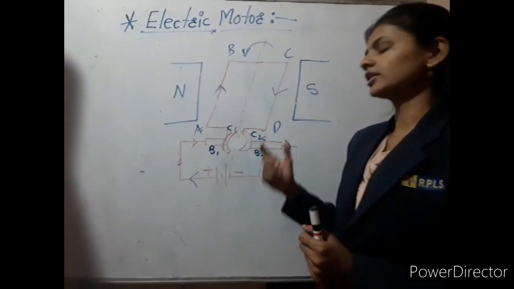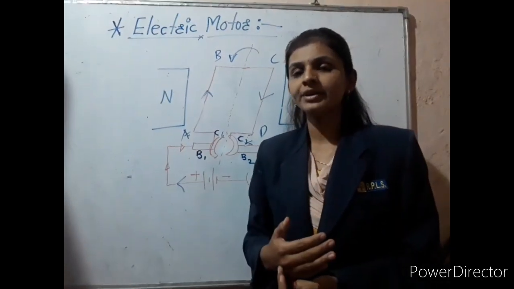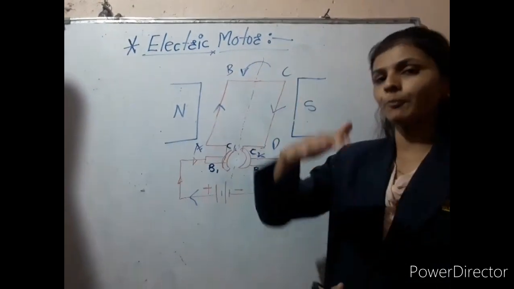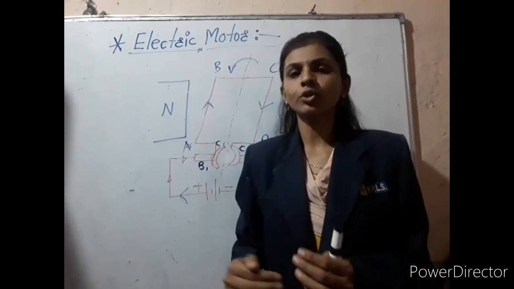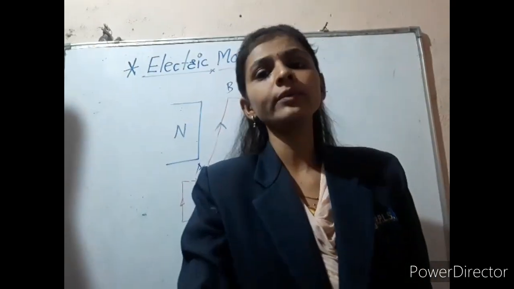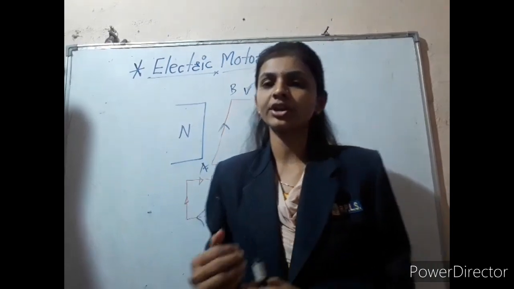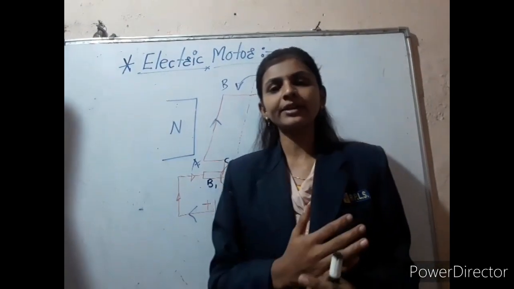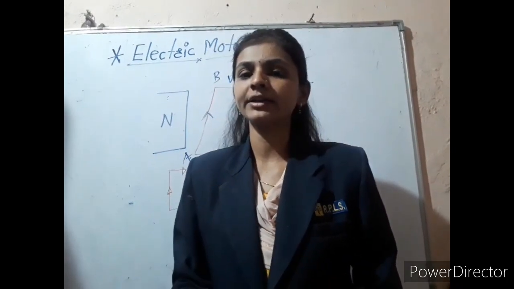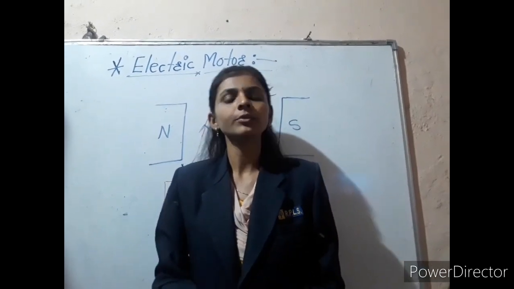So here the current is going to reverse, then again the plates are going to interchange. The same thing will happen again, this side going downward and this side coming upward. In that way the rotations repeat again and again, and the coil will complete rotations for as long as we are supplying the electric current to the coil. By using this method, electrical energy is converted into mechanical energy, and because of that only we use many electric appliances at our home also.